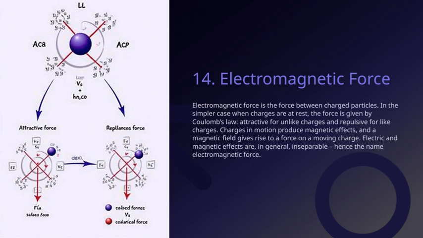Moving charges generate magnetic effects, which means they create magnetic fields around themselves. And these magnetic fields, in turn, exert forces on other moving charges. So, electric and magnetic effects are deeply connected, actually inseparable in many situations. That's why we refer to this combined interaction as the electromagnetic force. In essence, what we're seeing is a unified force that governs a wide range of phenomena, from the tiny interactions between particles to the vast electromagnetic waves that travel through space. Understanding this interconnectedness helps us grasp the fundamental nature of how the universe operates on both small and large scales.